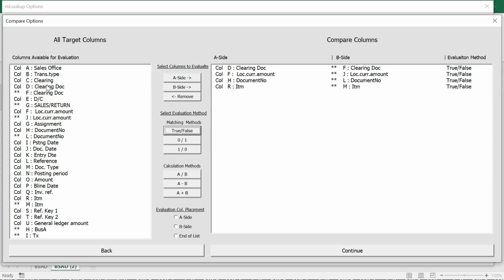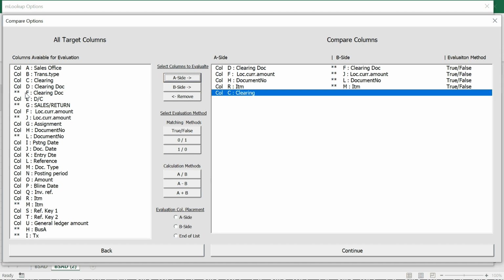But let's also say I want to compare clearing dock here to something else down here, let's say item, which is illogical, but I'm just going to do this for the sake of showing you this. And let's say I want to use, if the values are different, one is returned. And this is good if you're looking for differences. So we'll see one with all of these. So this is going to return me,